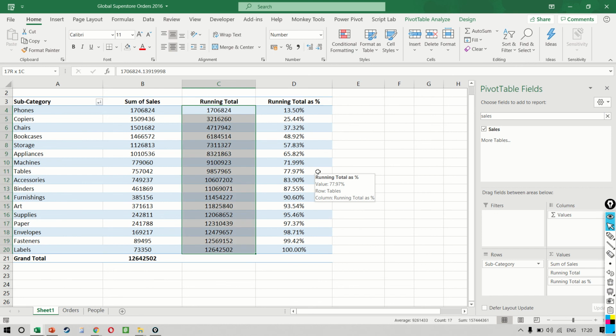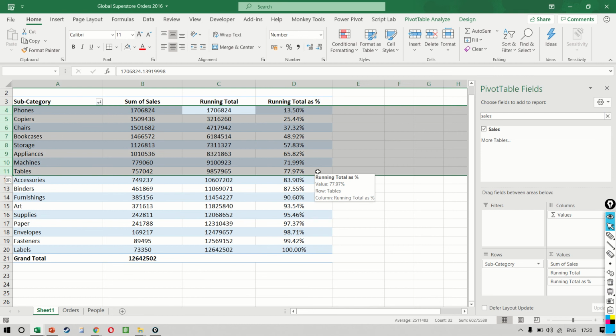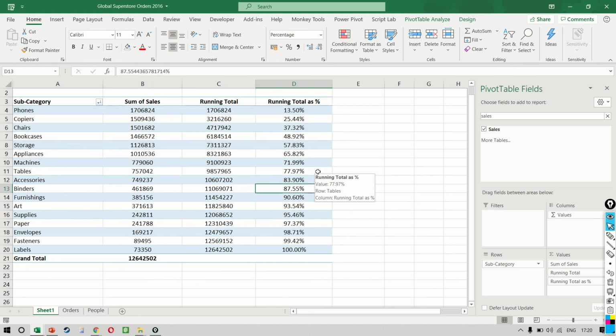It is telling us that out of these 17 subcategories, if I look at top 8, my top 8 subcategories together are contributing 9.85 million, which is almost 80% of my total sales. And this can be very handy because when you're doing Pareto analysis or if you want to do a divestment strategy, it tells you which of these subcategories are doing well and which ones aren't doing well. So you can see the marginal return or the marginal increase from every additional subcategory.